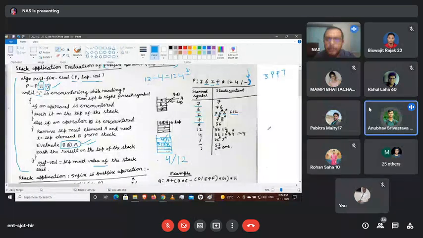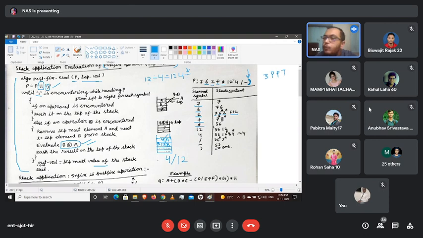Yes, sir. Okay. So again, we are encountering another operator, star. Again, what will happen? These two will be popped out and the operation performed. So 7 is our B, 8 is our A. So 7 star 8, 56. The result got pushed into the stack after performing the operation.